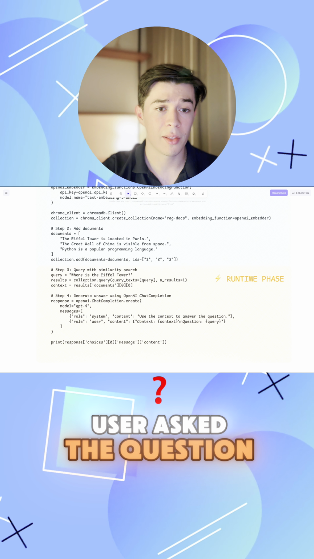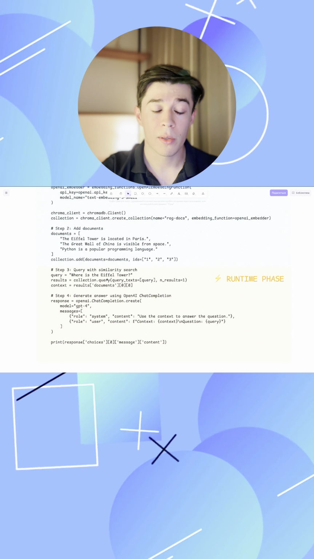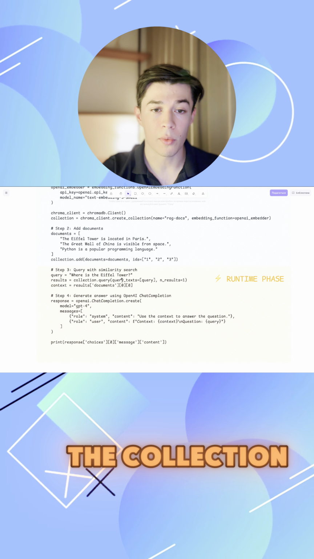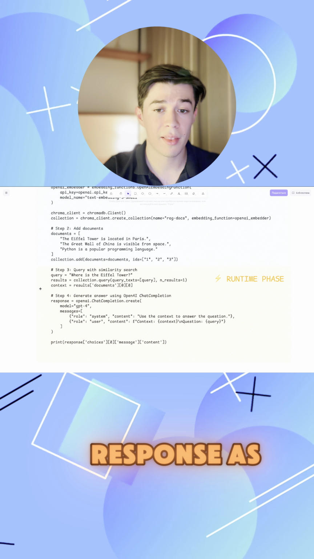So the user asks the question, where's the Eiffel Tower? We are simply calling the query method of the collection and providing the number of results we want to retrieve from our database. So it's like how exact we want the match. And of course, under the hood, this query is first embedded, only then we ask the vector database for the internal context. And now we retrieve the response of the vector database, and we can use this response as the context